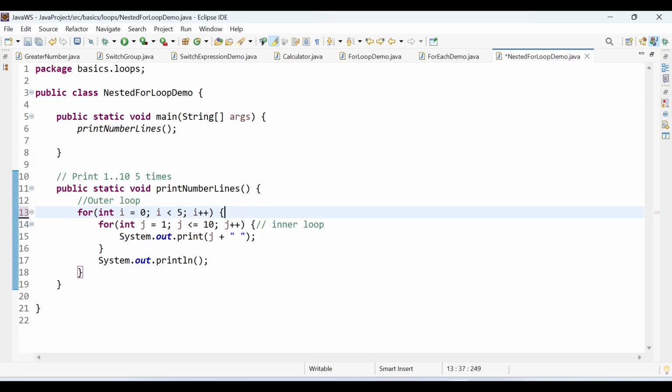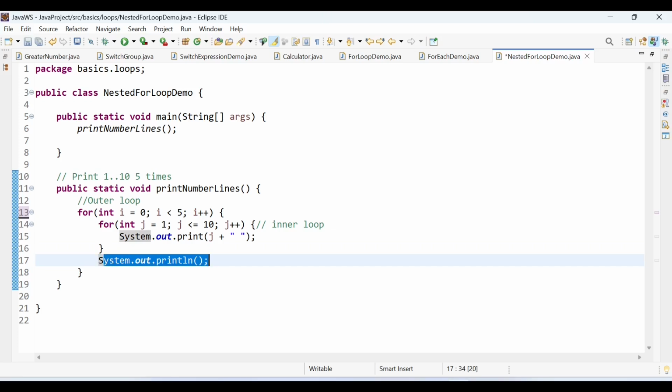It will see 1 is less than equal to 10. Yes. So this will continue 10 times. Once the value of j goes beyond 10, then it will be terminated, right? Then it will come here, and it will go to another line because of this